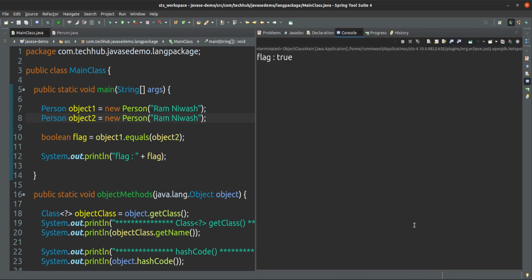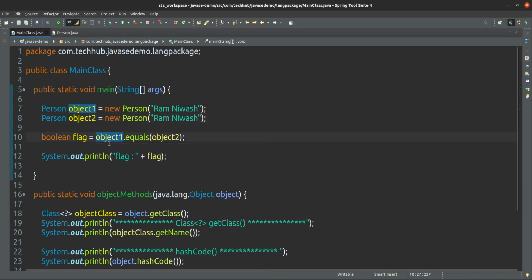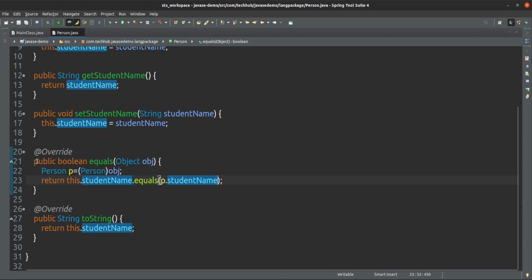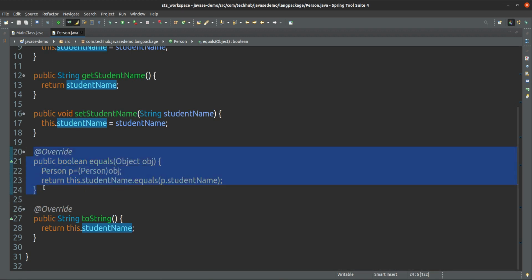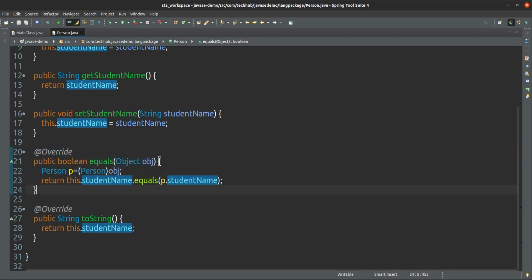Now this is the actual use of the equals method. The equals method will compare two objects, and we have to give the comparison implementation. We have to provide the comparison for our object by overriding this method.